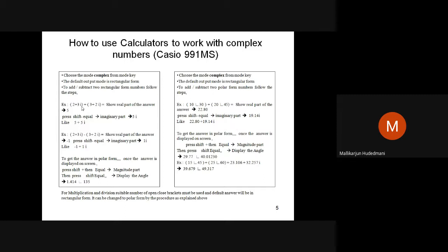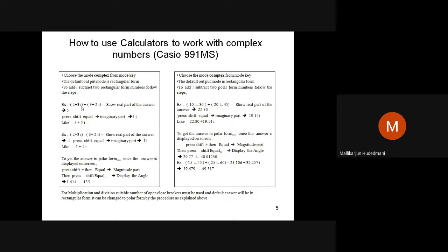So by this way, what did you do? You enabled 2 plus 3i on your screen. Plus you want to do addition of a quantity. Then open a bracket, type the similar number or whichever number you like. Then completing that, you should be careful. The default display of the answer in the calculator is rectangular only. But you may not be interested to see the answer in rectangular. You may like to see the answer in polar also. Then you must know what extra work we should do.